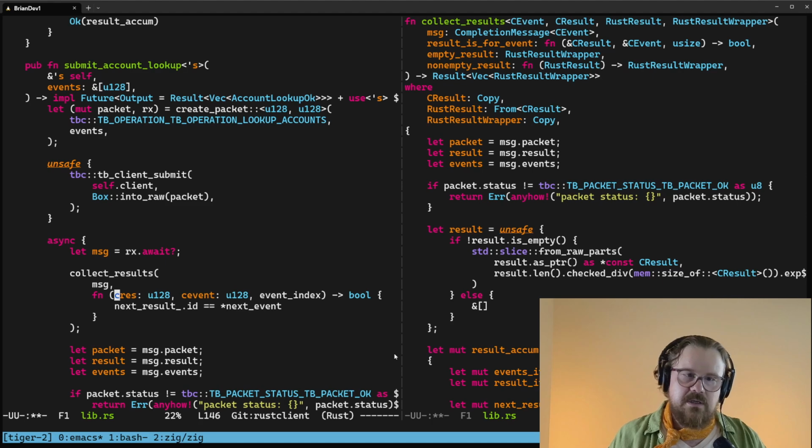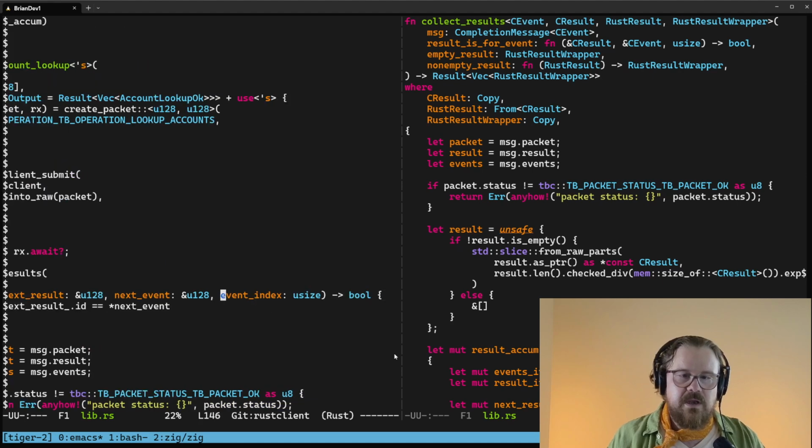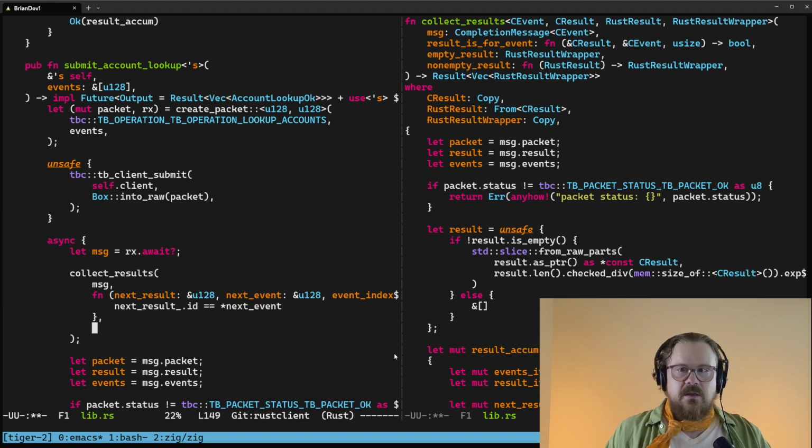And we can probably call these next result. This is a reference, remember, and this is next event. And then event index is a usize, and we're not going to use that. And then collect results. Next requires an empty result. This is the